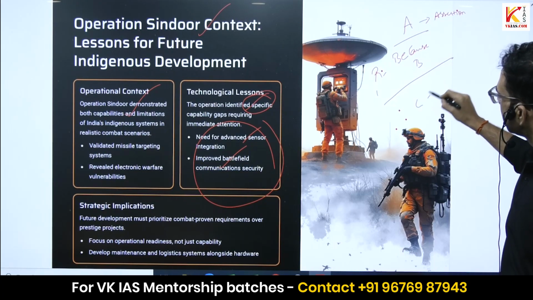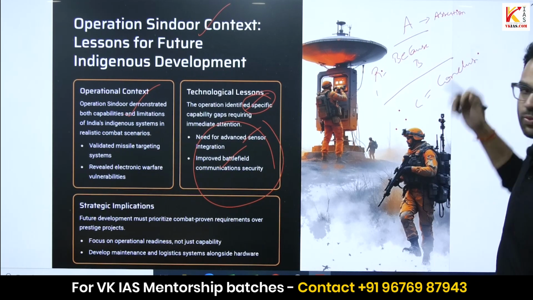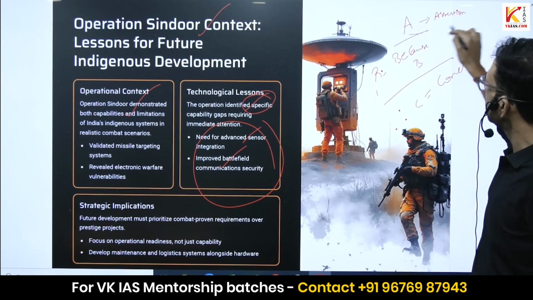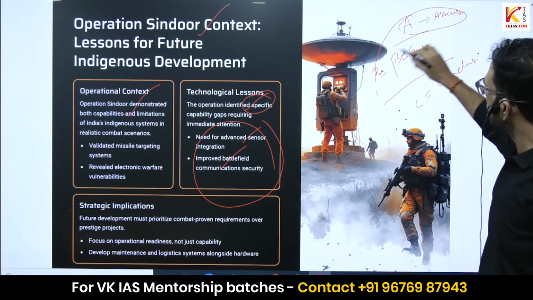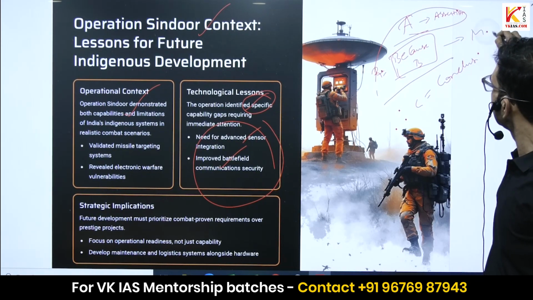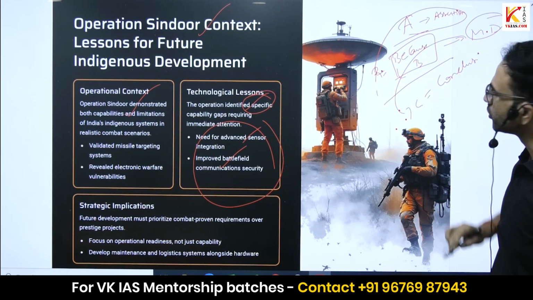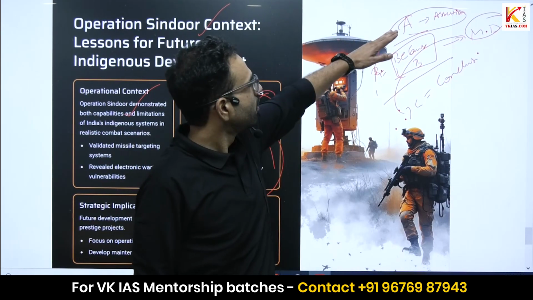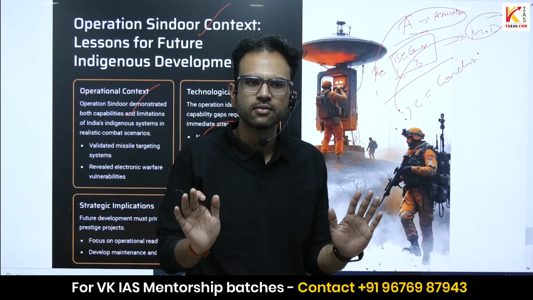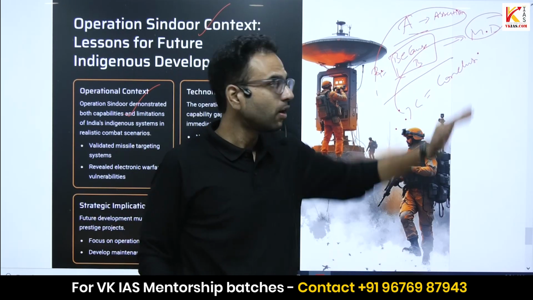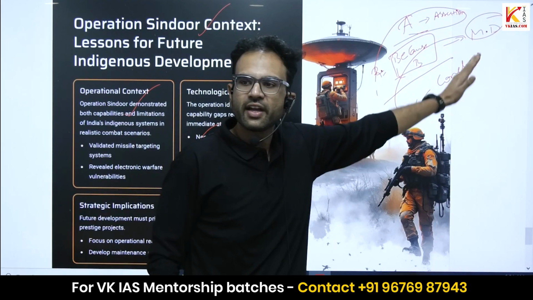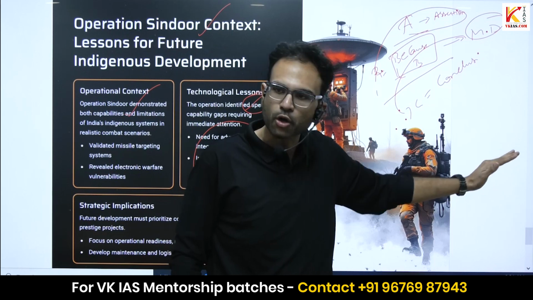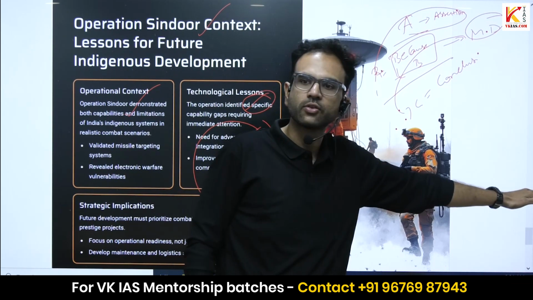Therefore, C, conclusion. So, this is what I call the ABC framework of writing an answer. An assertion is made because of a reason which will be covered in the body in a multi-dimensional way, and therefore it will lead to a conclusion. What will happen if you go by this philosophy? So, the assertion is that India needs its own defense equipment. Why? You will quote various reasons. What will happen if this defense equipment is produced indigenously? That will be there in the conclusion.